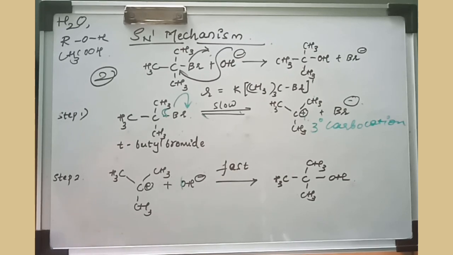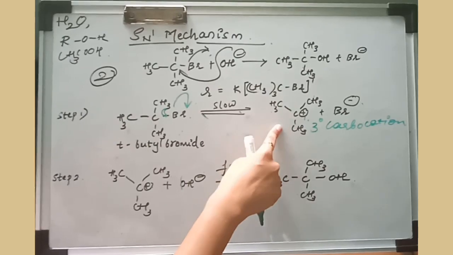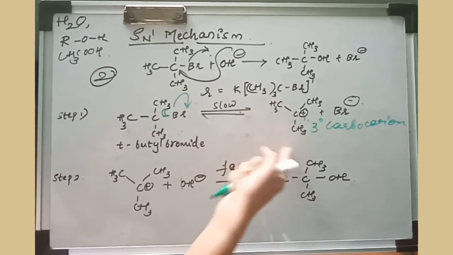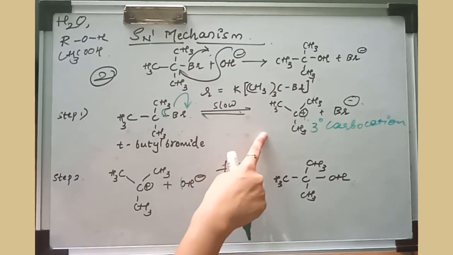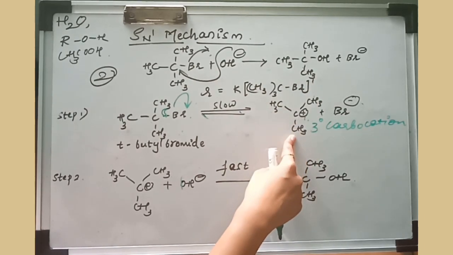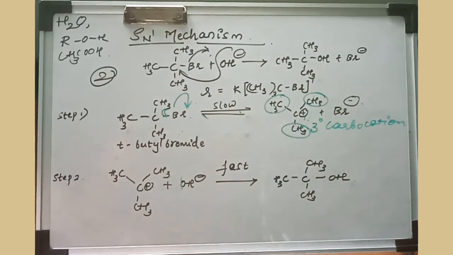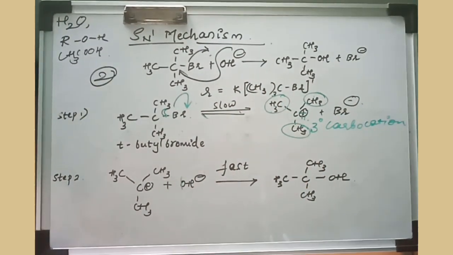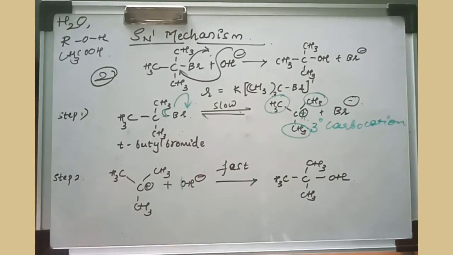The internal factor is how stable this intermediate is, that is, whatever carbocation is formed. If the intermediate is more stable, then the reaction will take place with ease. So that is one thing. Here 3 alkyl groups are present on this. As a result, these 3 are acting as electron donating groups. They will make this carbocation more stable. Okay, the more stable the intermediate, the reaction will take place in an easier way.